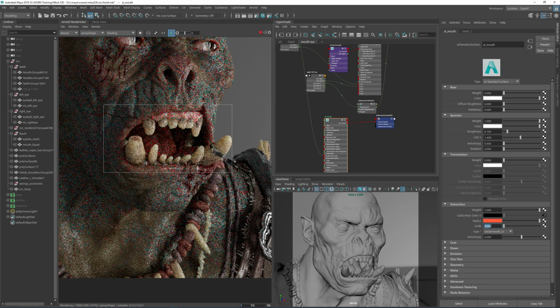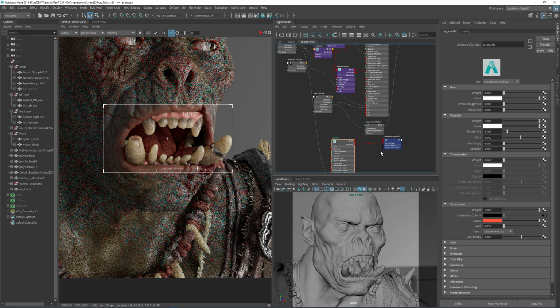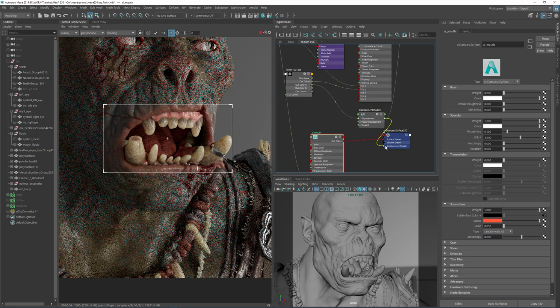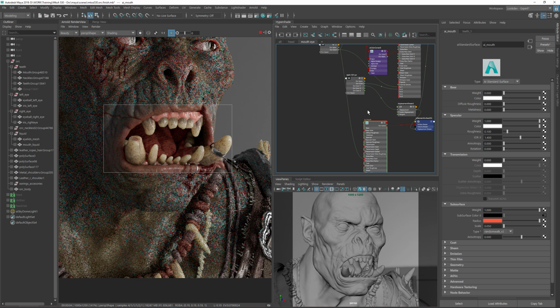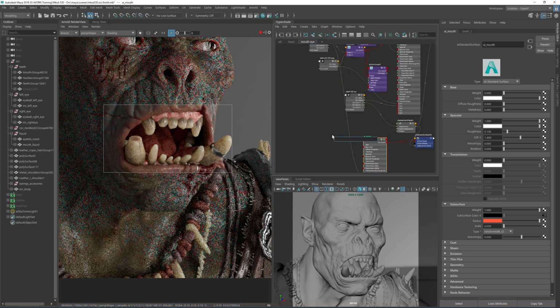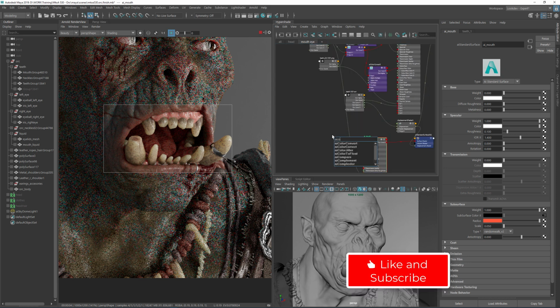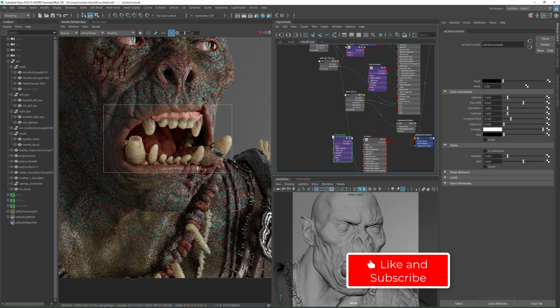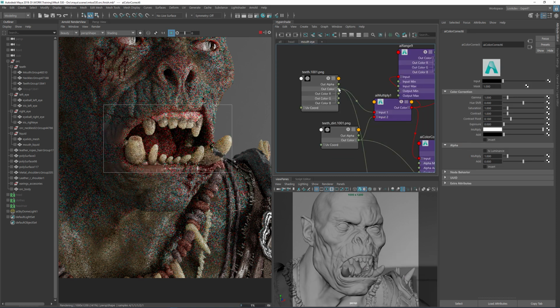So now this is what we had before. For the teeth shader, I think we need to hook up the displacement map as well, so that we both have the same maps. And then I think obviously that the gums are way too red, way too light, so we just need to create a color correct node and make sure that we dial that down in color. So let's just hook these guys up quickly,